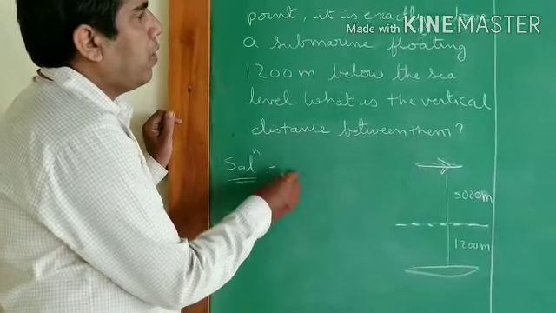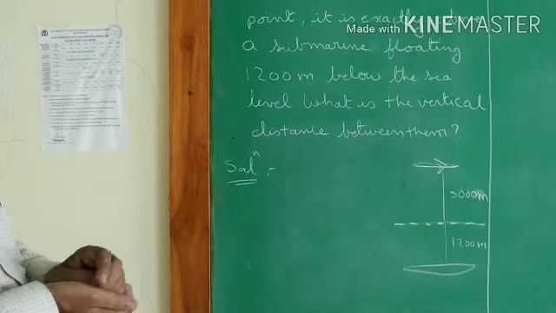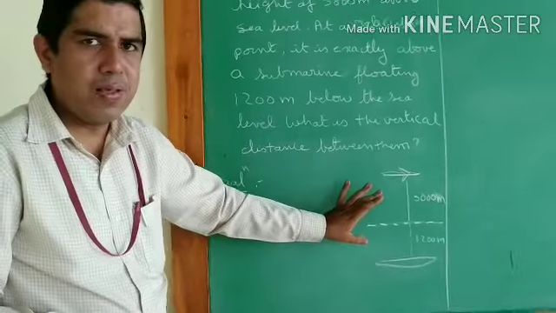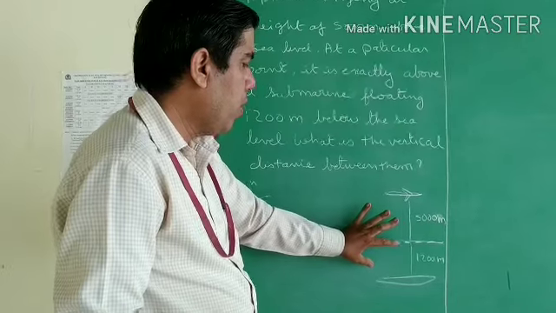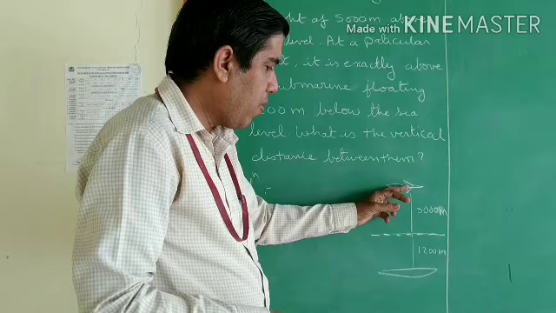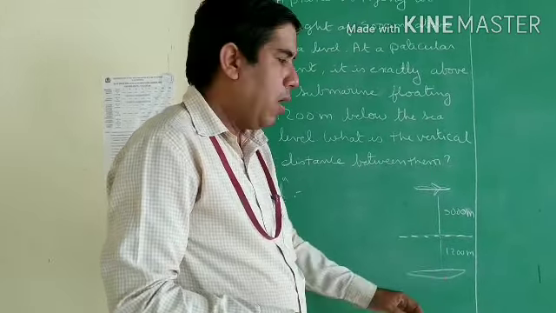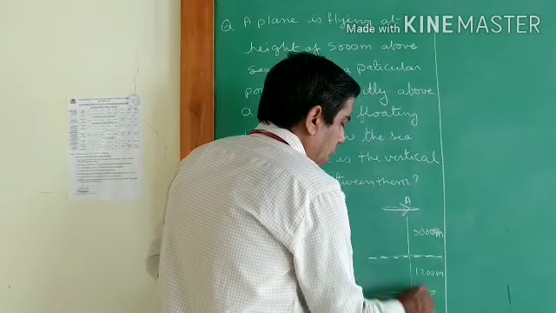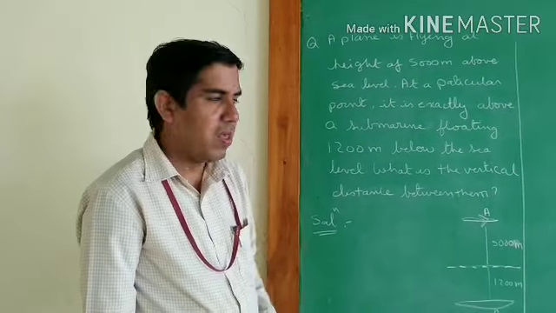So let us write the statement. In a word problem, be careful, read the question two or three times, try to understand, visualize and make a diagram. I have drawn a diagram on the basis of the given information. This is sea level. Above sea level it is 5,000 and the plane is here, and below sea level it is 1200 meters, the submarine is here. Suppose I show these by point A and point B. I have to find the distance between point A and B.